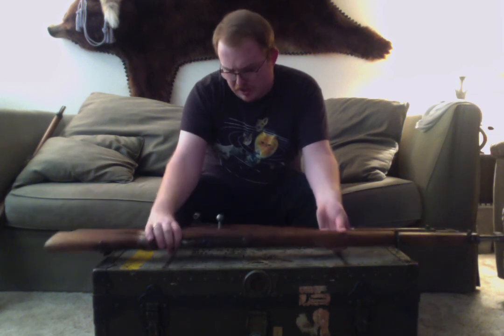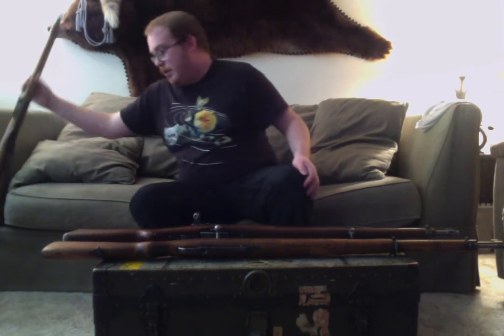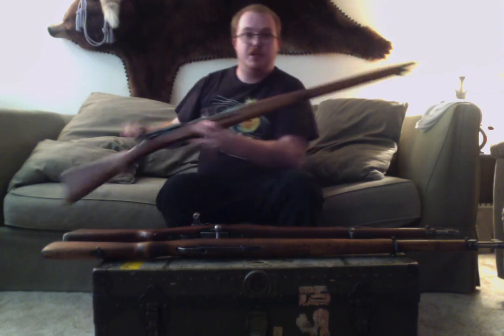The triggers on the guns, this Finnish one I would describe as a hair trigger, whereas this is a nice clean two-stage. Both very nice triggers. One other gun, just to bring into the discussion a little bit, that might come up in the conversation of most accurate